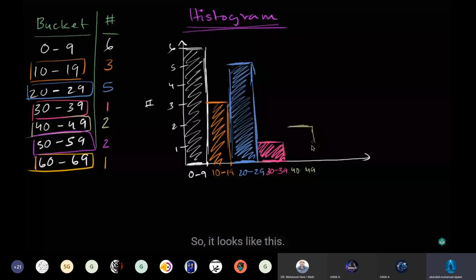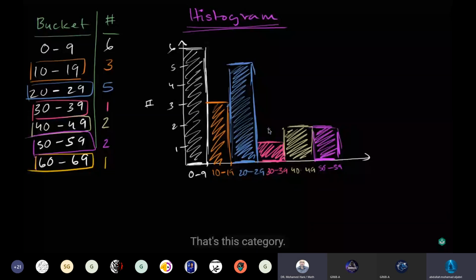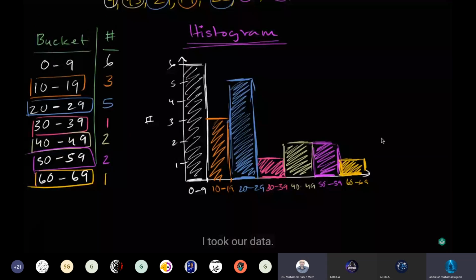Like this. 40 to 49, 2 people. Almost there. 50 to 59, we have 2 people. That's that right over there. And then finally, 60 to 69, we have 1 person. And what I have just constructed, I took our data and